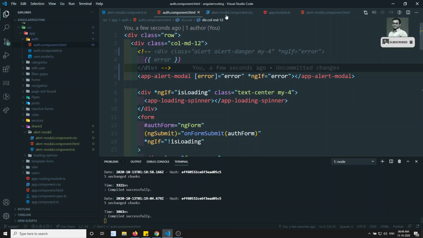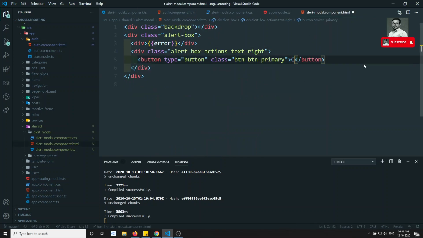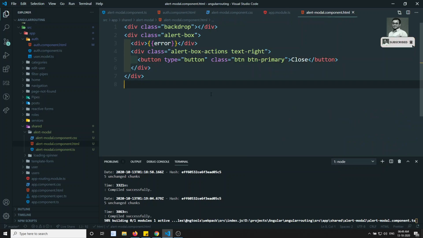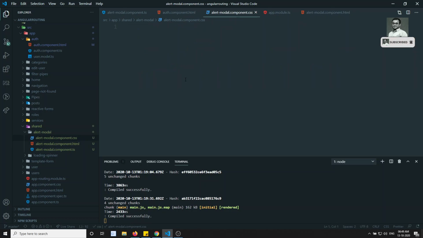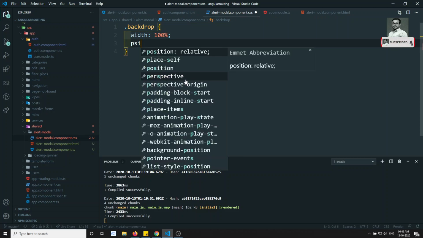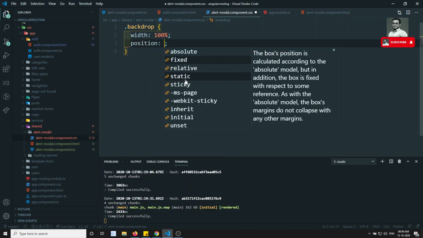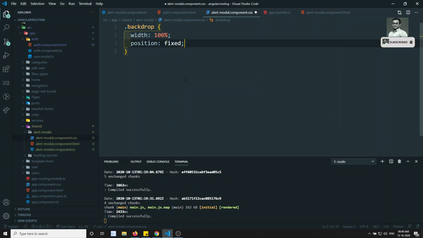Now what we need to do, let's go to the HTML, and here we can write the button. We forgot the button. Okay, close button. Let's try to design this, just a small design thing. So I will be writing backdrop, and here width equal to 100%, and the position should be fixed. And if it is not 100%, we can use 100 viewport width.